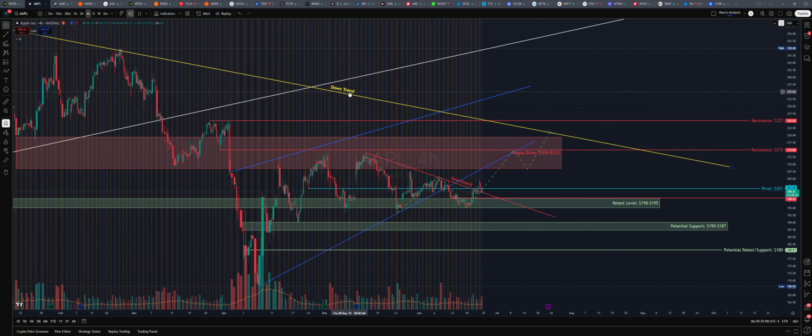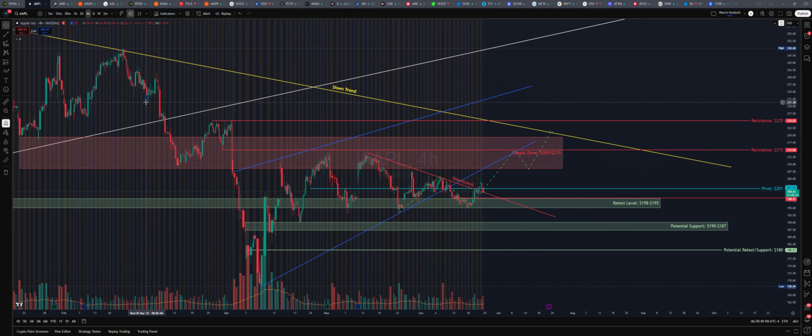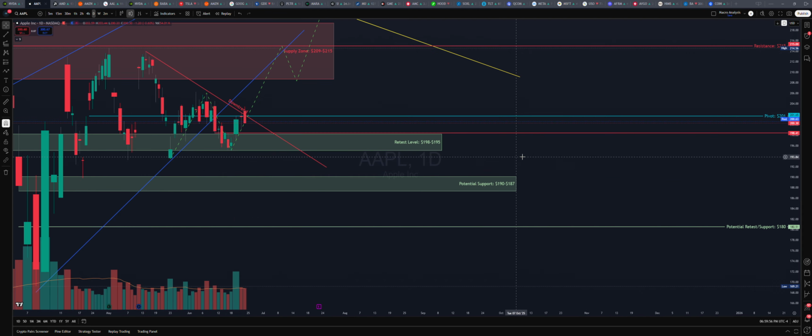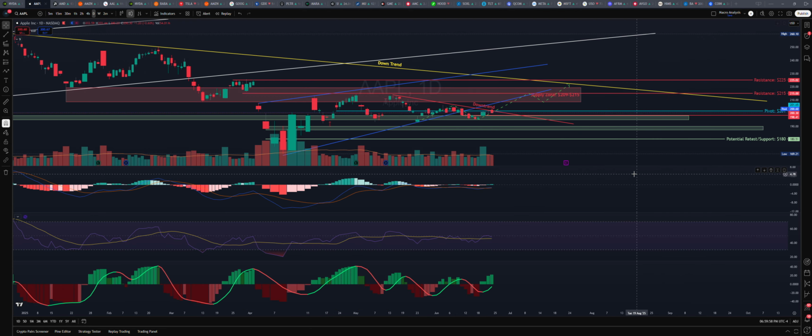So let's cover the stocks pretty much that we tend to do here in the Discord, the Magnificent Seven, and others that we see amazing setups in. So let's start with Apple. Let's take a look at the daily for Apple. First thing we're gonna do here.